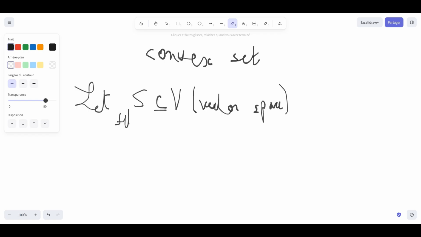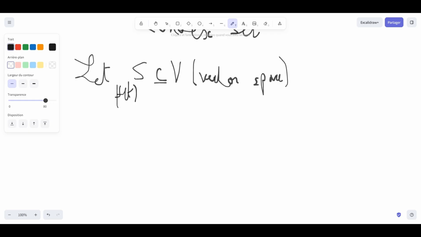Having S in a vector space, then we say that S is convex if for all x and y being in the set,